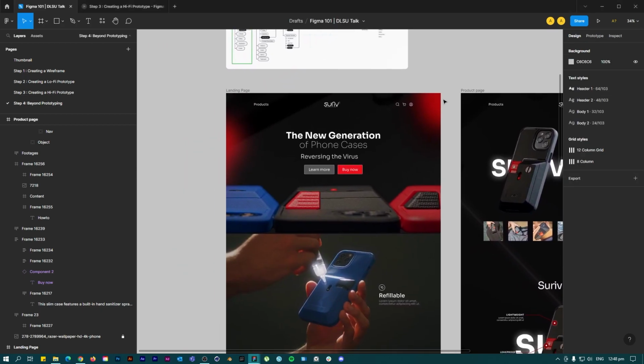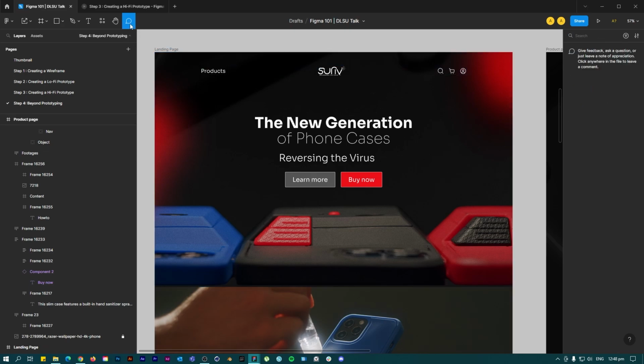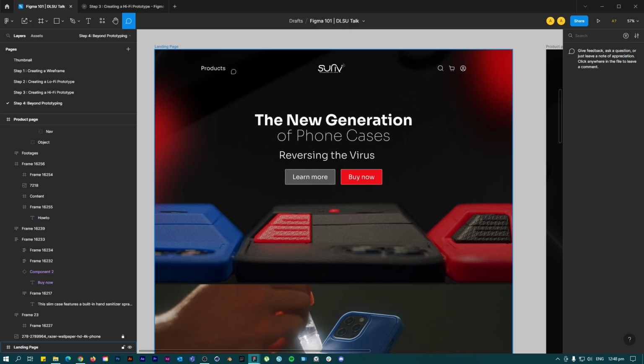So, in order to gather stakeholder comments or your co-designer comments, Figma has a very handy tool. Right now, if you're going to look at this one, it means we have two users on the same file. Now, if I want to comment, for example, in this part, I can just click this icon here, the add comment icon. I click C, and I can put a comment, for example, this is not centered,